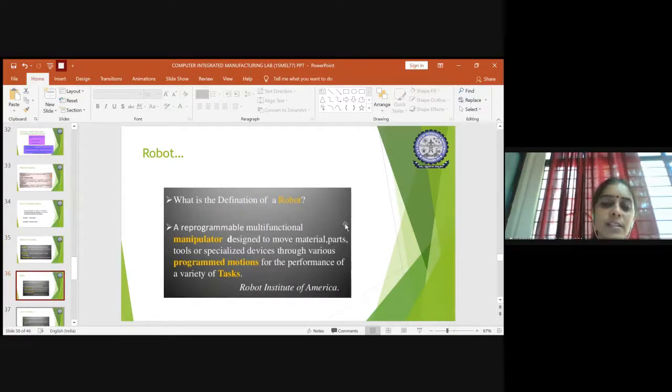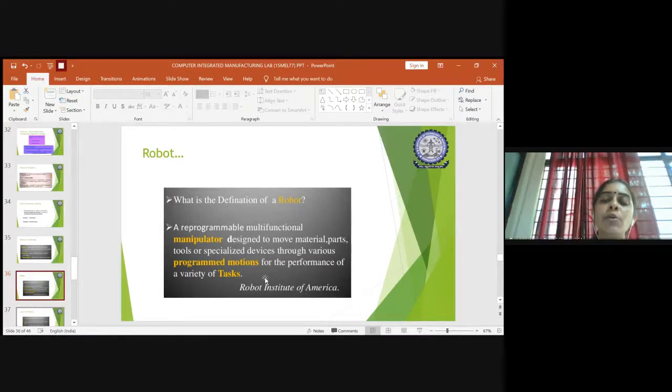With this information, you can say that it is a machine which can do multiple functions based on the program which has been fed, and it can be reprogrammed if any task has to be changed. It is something like a manipulator which can be adapted to different designs, based on the movement of material, parts, tools or specialized devices through various programmed motions for the performance of a variety of tasks.